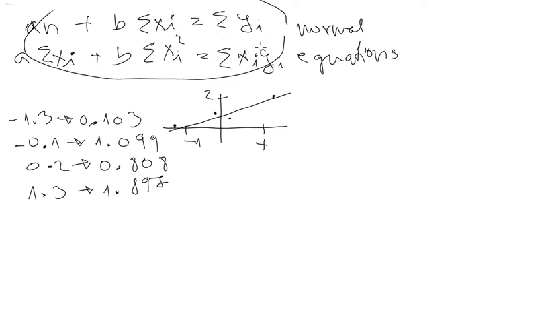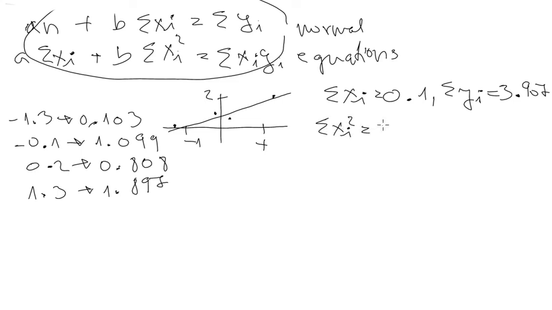So what do we need? We need a sum of all the x's. Sum of all the x's here would be what? Minus 1.3 plus 1.3 is 0, minus 0.1 plus 0.2 will give us 0.1. And the same for y's, because we will need it here in the right hand side of the first equation. Sum of all the y's will be 3.907. So then we can go on. For example, here we need the sum of all the x_i squared, which will give us the value of 3.43, and the sum of all the x_i y_i will give us the value of